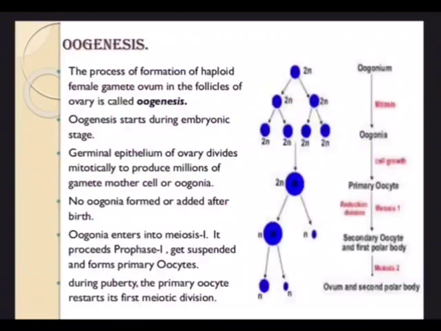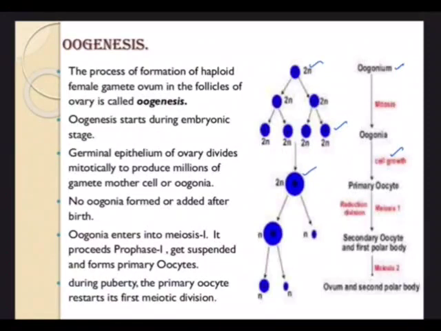You can see here the oogonium, and it is undergoing mitosis. This is diploid in nature. This undergoes mitosis and forms equal cells, so oogonia will be formed. Oogonia is plural, oogonium singular. This undergoes cell growth and mitosis, becomes matured, and just observe that 2n is being maintained. Diploidy is maintained.